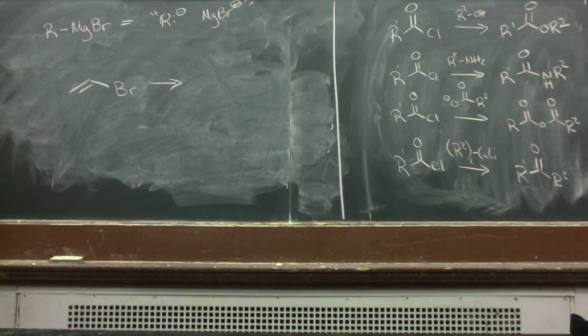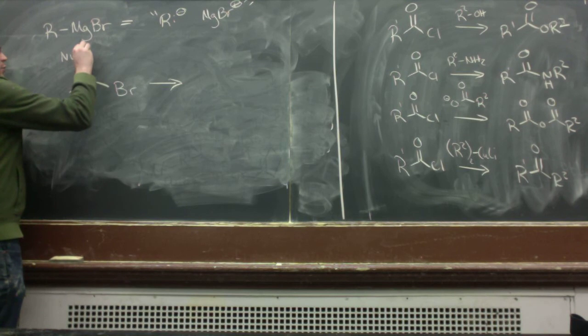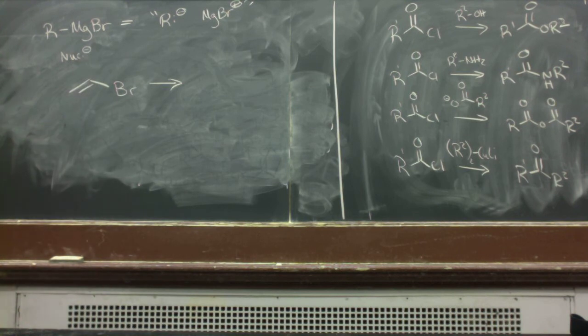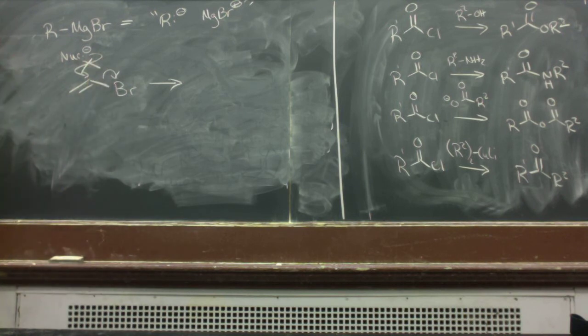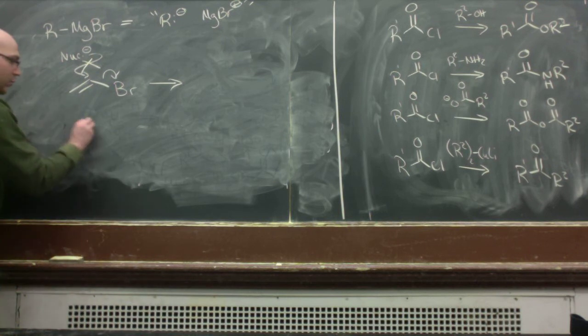If you take something like a vinyl bromide and treat it with a standard nucleophile through the substitution-type mechanisms we've seen in the past, you cannot do this. This will not work. You cannot take a nucleophile and treat it with an sp2 hybridized carbon. But you can with a Gilman, because it doesn't go through substitution-like chemistry. Gilman reactions go through more transition metal-like chemistry, so it's not this type of mechanism. We can reason it this way for now. Hopefully it'll make more sense once we discuss the mechanism of transition metal chemistry. So this will work